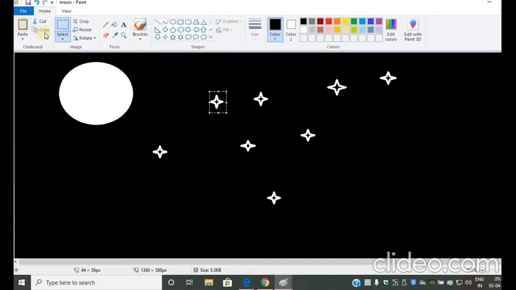I'll click on copy and then click on paste. So I can make any number of copies of the particular star. I don't need to draw a star again and again. I just need to copy one star and I can paste it as many times as I want. This way I can make my sky full of stars, and this way we can use the copy and paste option.